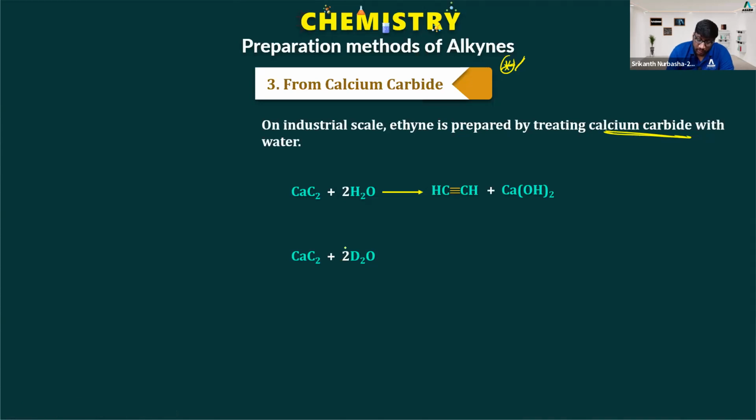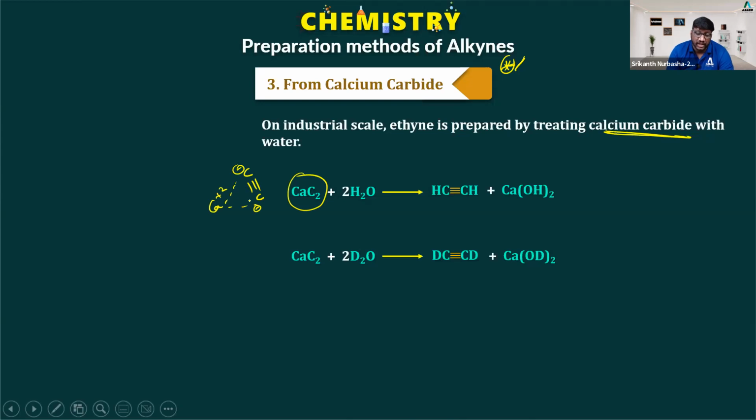CaC2 plus D2O. Whenever you take D2O, all the deuteriums are going to be present. So C2D2 is obtained, that is DC triple bond CD, plus Ca(OD)2. And how is this CaC2 obtained? CaC2 has the structure Ca2+ having electrostatic force of attraction with a C2 2- ion, and CaC2 is obtained by